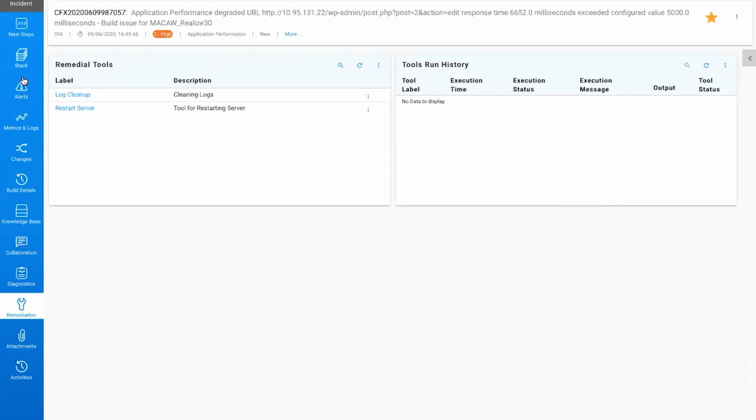We can also invoke the right workflows, remediation, or diagnostic tools right here. All of these things, at the end of the day, help reduce your MTTR. So you can see how each of the capabilities helps reduce it.